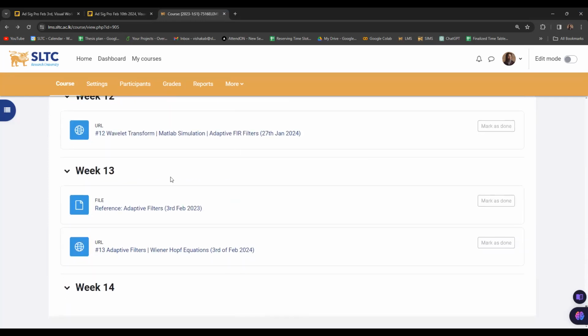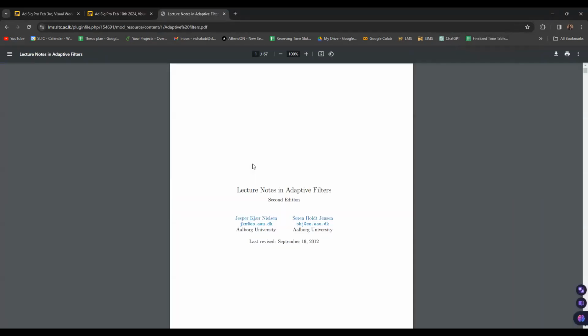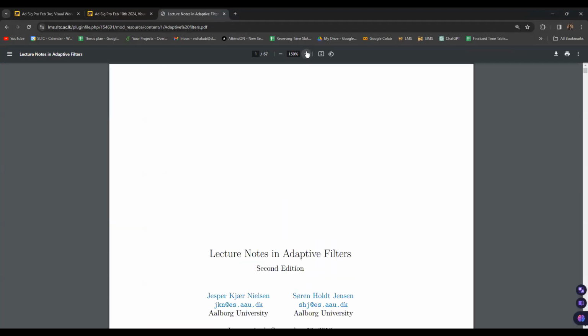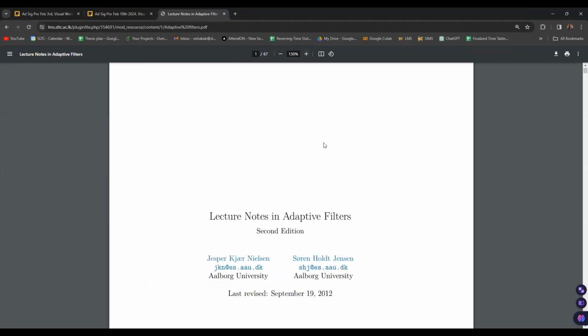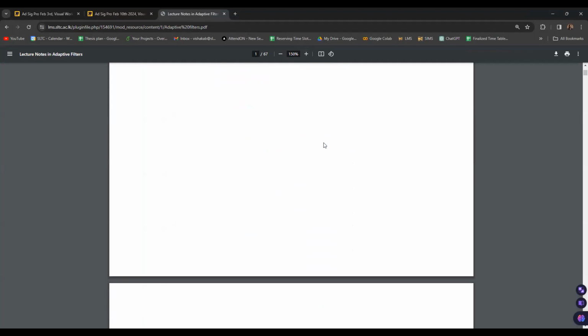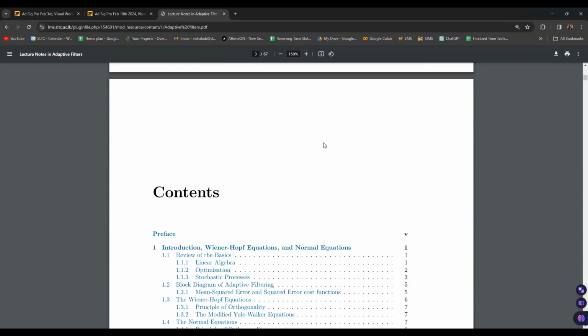In week number 13, you have this reference, adaptive filters. In here, there are many notes related to adaptive filters, so we are going to be focusing on only some